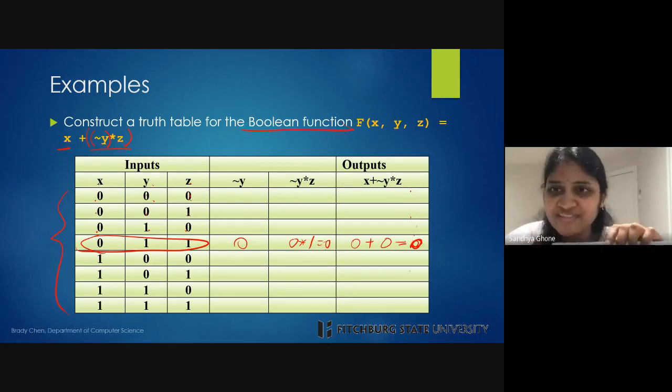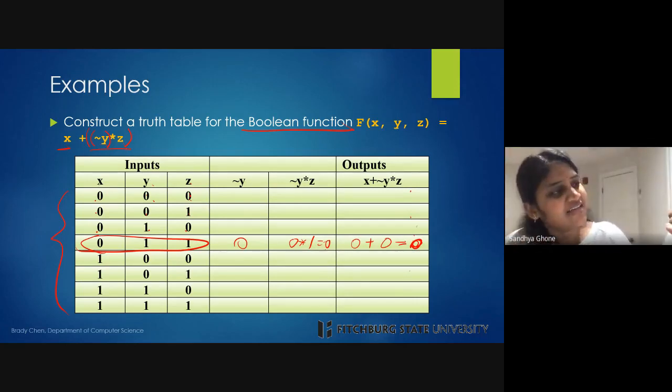Professor Chen, in the assignment, in the second question,